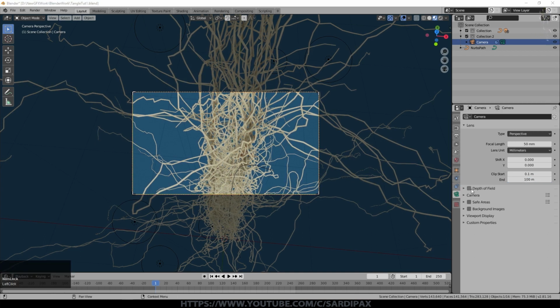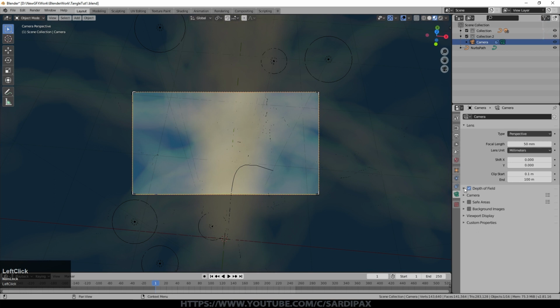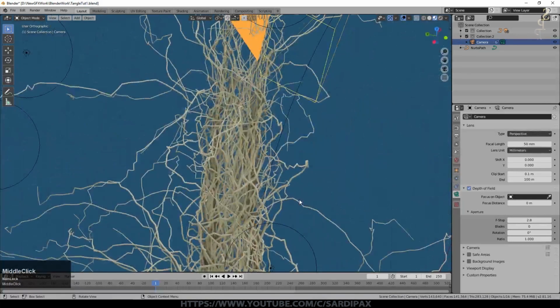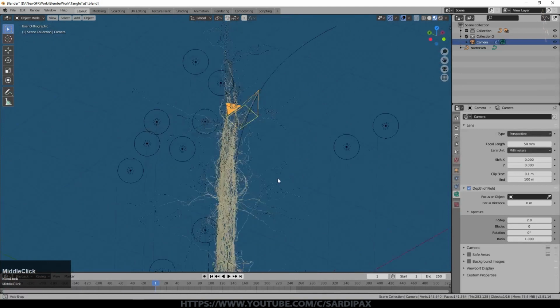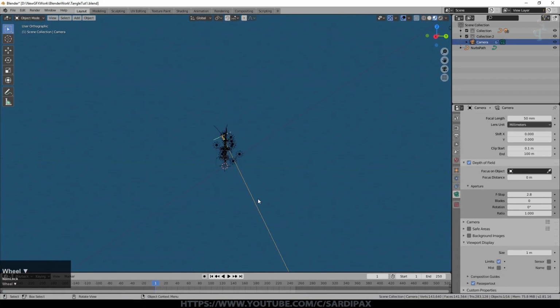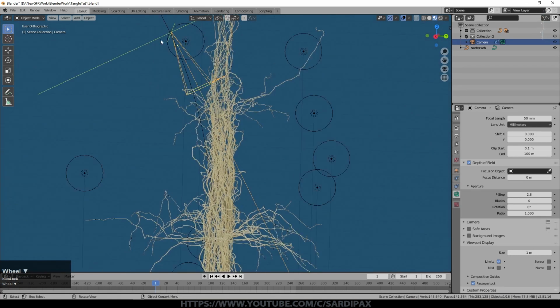I also used depth of field, but I ended up using it quite subtly. So you can see there it's all gone very, very blurry, and that's partly to do with the level of the depth of field. So one of the things we can do, if I go back to the beginning of the animation and we go down to viewport display and we turn on limits, you can now see this is our clipping limits, and there's also a mark for the focal point. So if I play with the focus distance, which is currently 0, you'll see that marker moves. So if I wanted the focus to say be about there, I can do that.